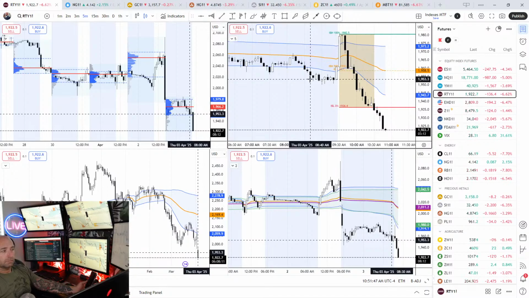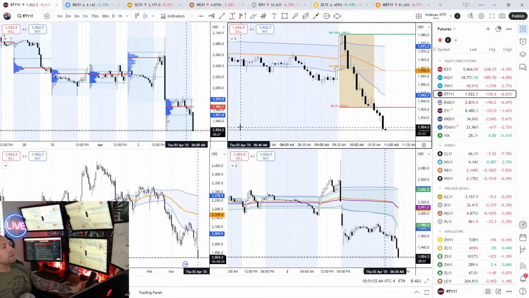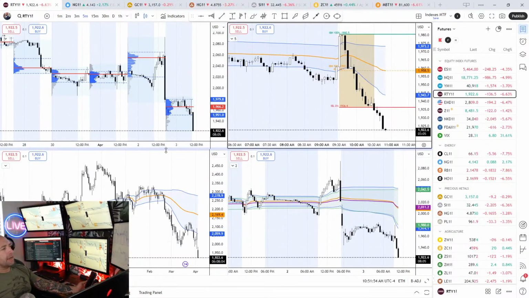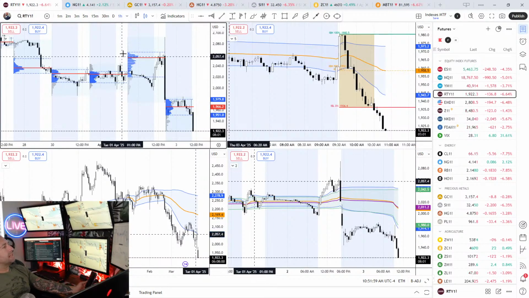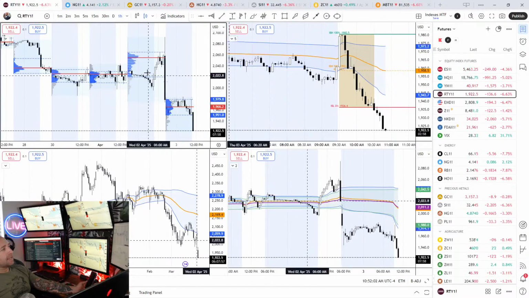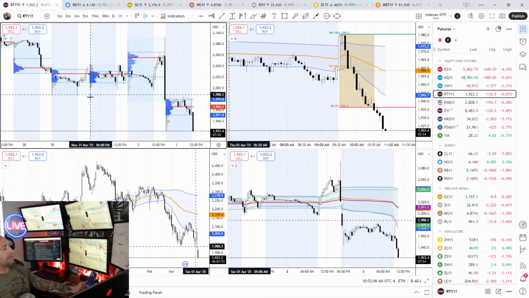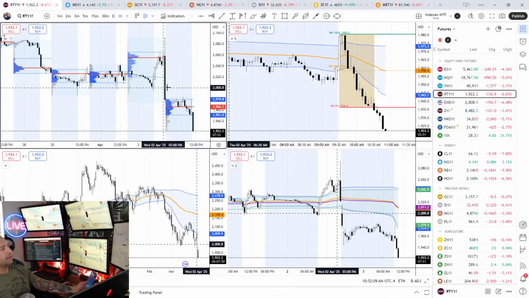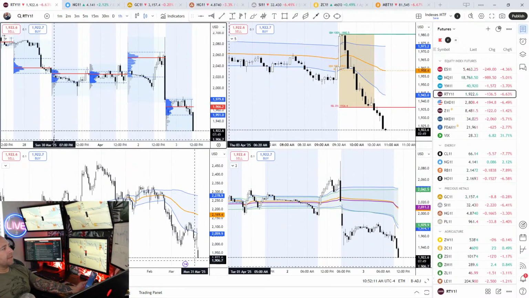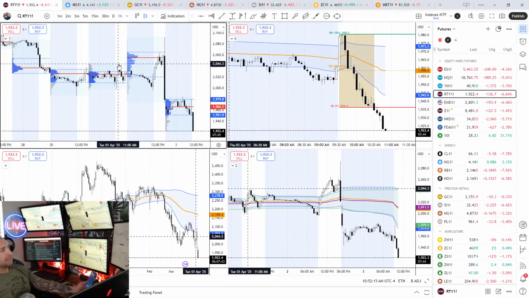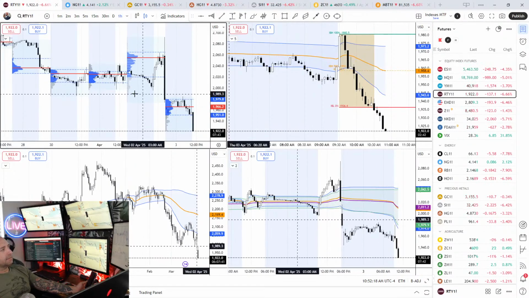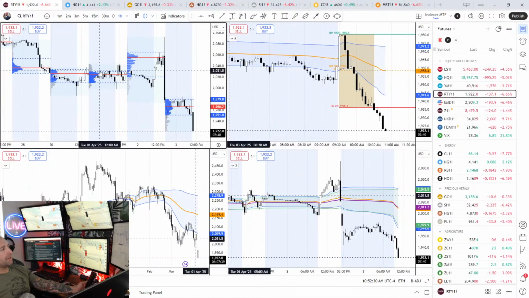Yep, sure, Tom. So Tom's asking about my multi-time frame charts. Okay, so the top left is the hourly, and this has just a volume profile for the entire session. That way I can easily look back 4 or 5 days, kind of see where we are with respect to previous value areas. Okay, where we've spent a lot of time trading.